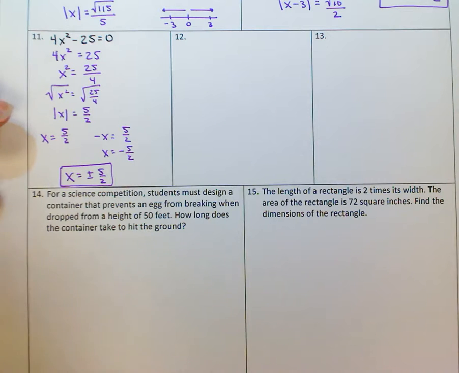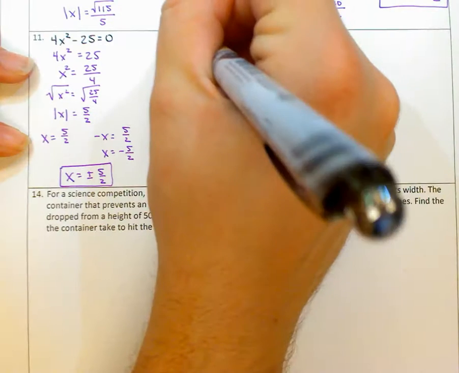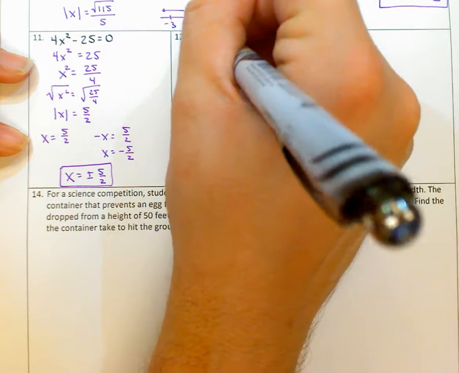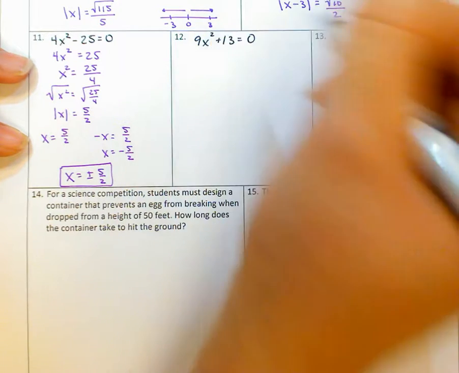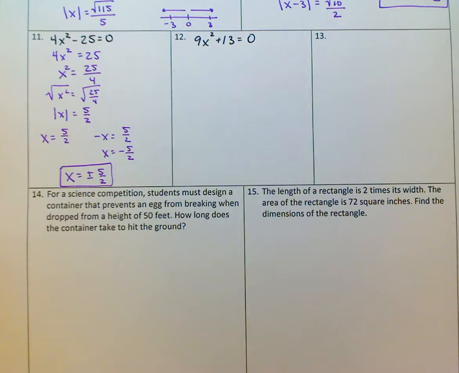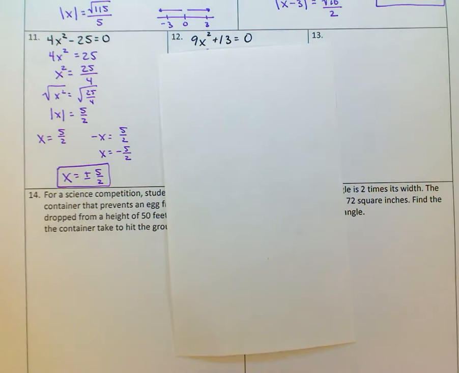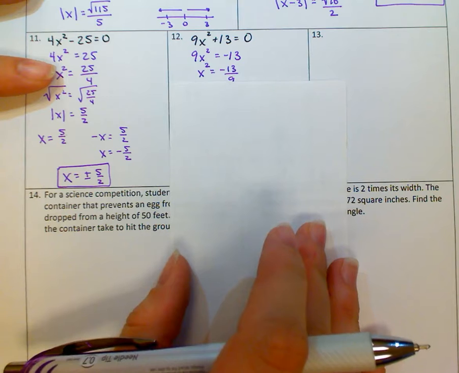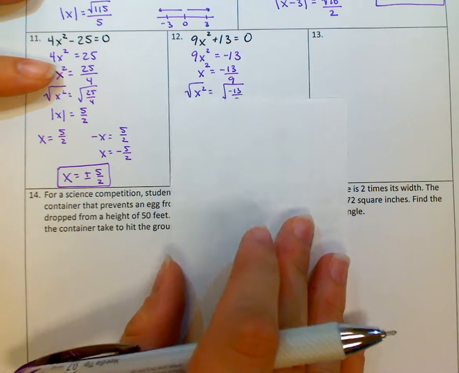All right, so number 12. 9x squared plus 13 equals 0. So go ahead and try that one again, pause the video, and when you're ready, turn it back on. All right, so again, start by subtracting 13, divide by 9, take the square root of both